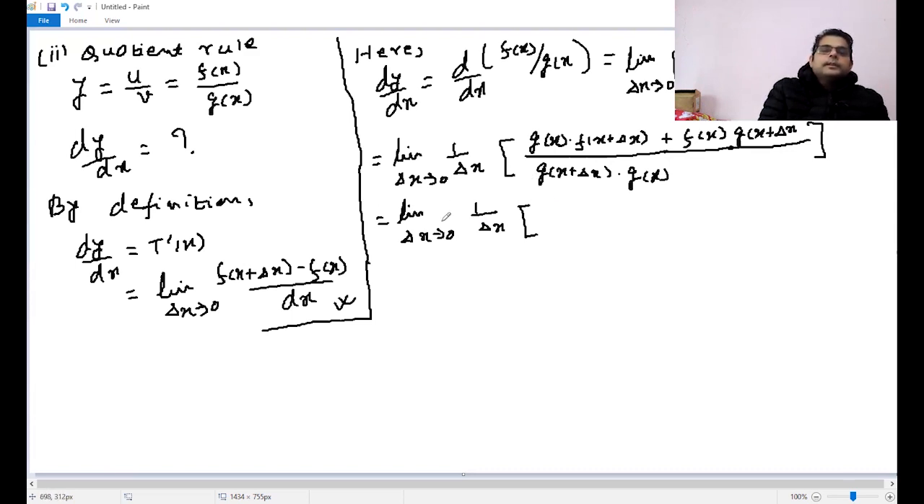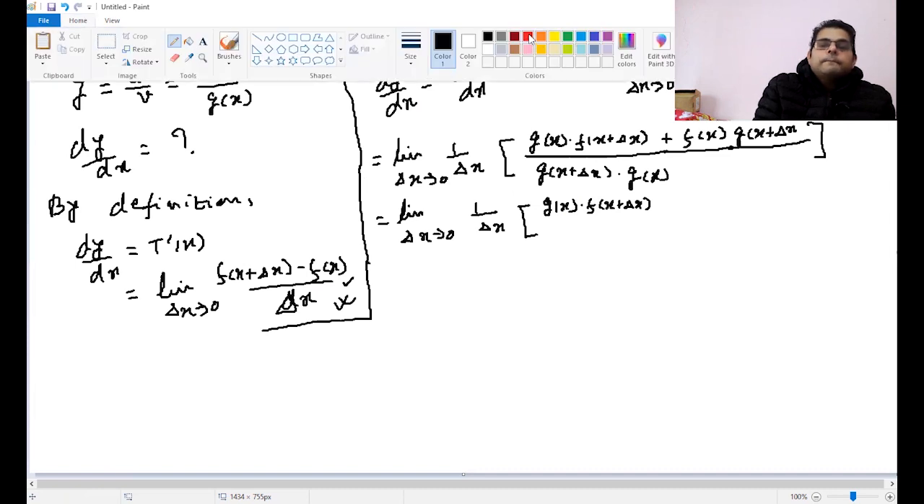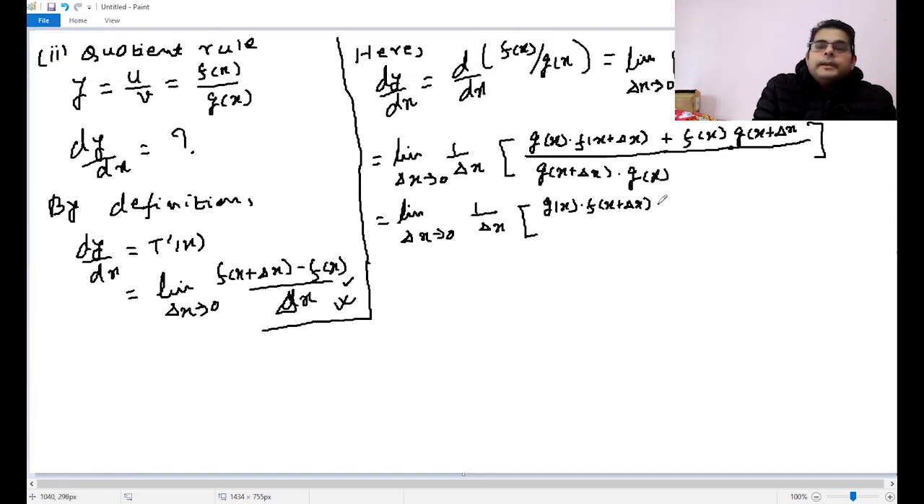So here you have to check what is the way where we can get the term like (f(x+Δx) − f(x))/Δx, maybe (g(x+Δx) − g(x))/Δx. Okay, so this is Δx. So what I'm doing here is g(x)f(x+Δx), and if I require f(x) by taking g(x) common out in order to make the term like this, what I will do here is that I will write minus